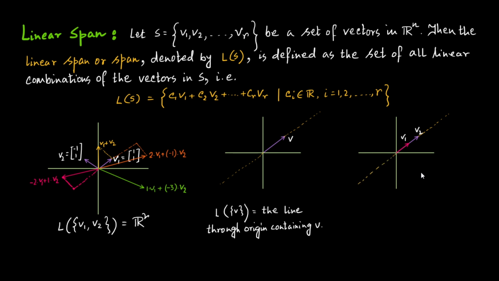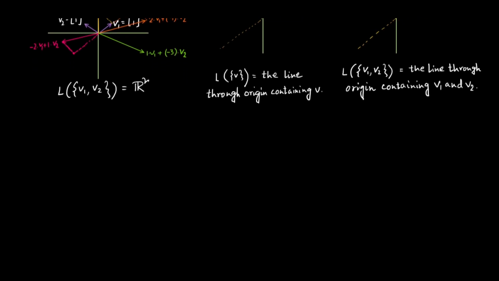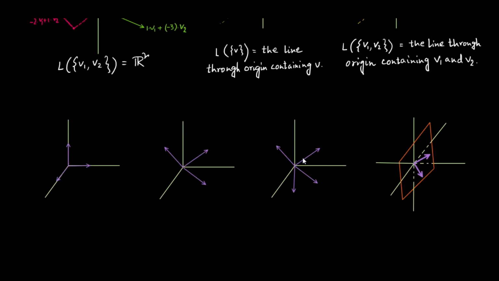So in this case, I can write that the linear span of the set containing two vectors v1 and v2 is the line through origin containing the vectors v1 and v2. We can have analogous visualization in 3 dimensions also. In the first picture from the left, my three vectors are the three unit vectors e1, e2, e3, say. So now can you tell me what will be the linear span of the set comprising of these three vectors e1, e2, e3? It's quite obvious.